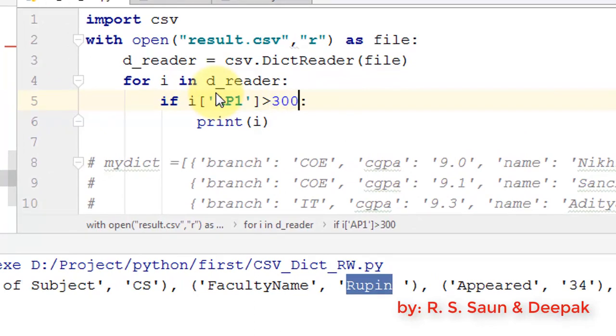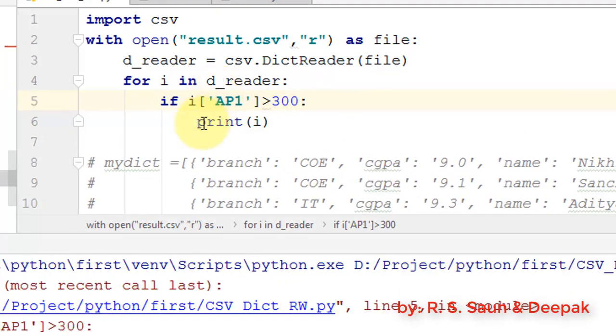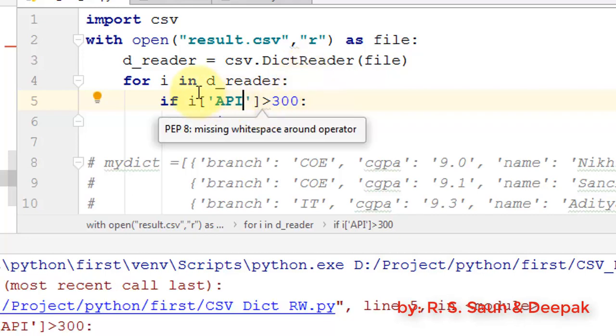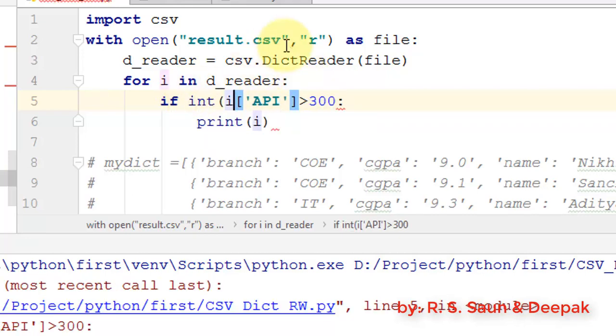Greater than 300. See whether I'm able to execute this one or not. Okay, I have missed the name. API it should be, and let's execute this one and see. Okay, string to integer, I have to convert it into an integer. So let's do it now.